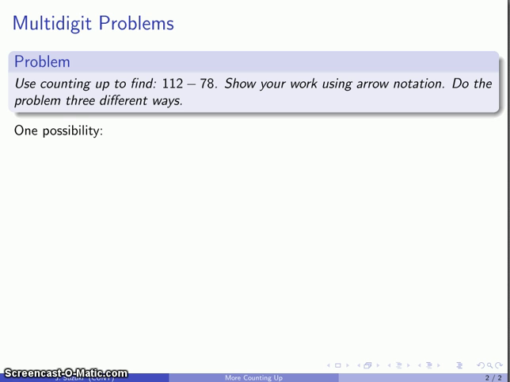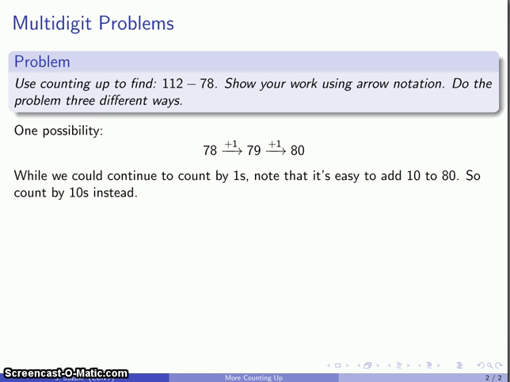So I'm going to start at 78 and I want to work my way up to 112. So let's start counting up. I'll count up by 1, 2, and that takes me to 80. Now I could continue to count by ones, but it'll take a while if I do that. So something I might notice here is that since I'm at 8 tens, it's easy enough for me to add 10. So at this point I might switch to counting by tens, and so I'll go up by 10 and 10